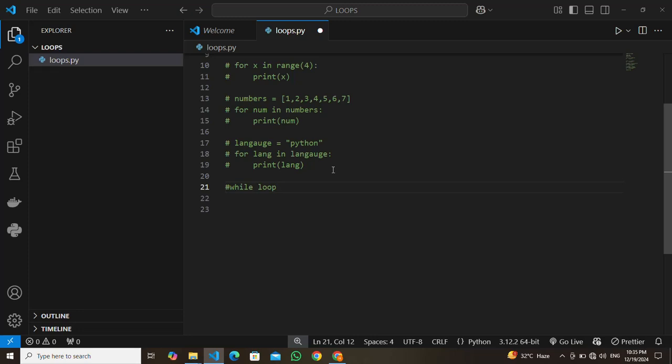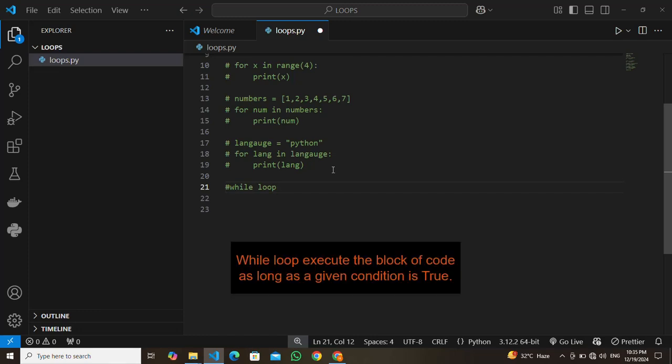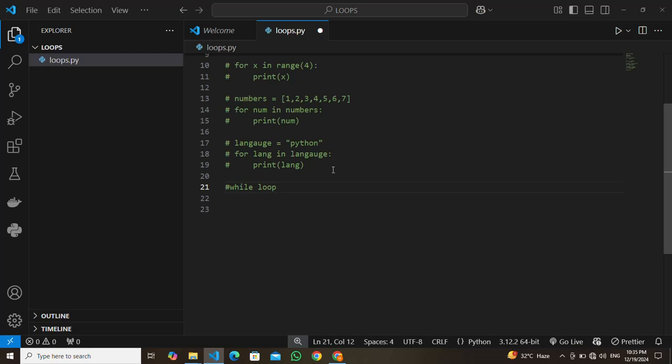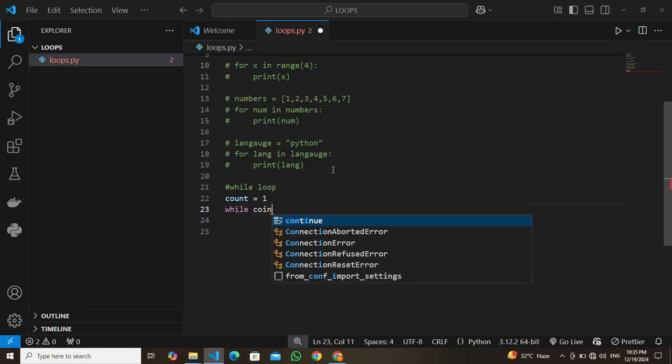A while loop is used to execute a set of instructions as long as the test expression is true. Let me give some examples so we can understand better. Assuming we want to print out some numbers, I can have my variable by simply saying count is equal to 1. Then I'm going to use my while loop by saying while count